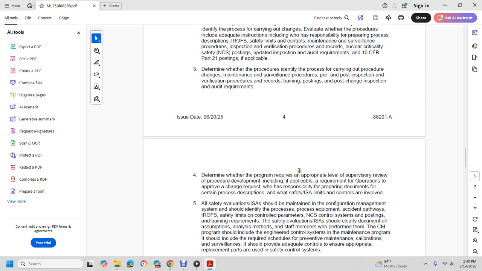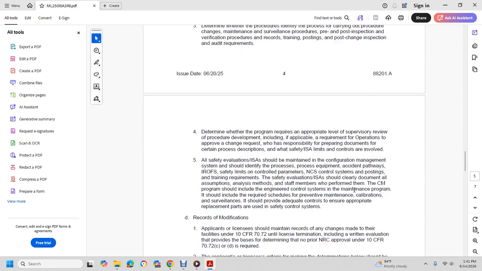Determine whether the program requires the appropriate level of supervisor review, with the procedure, the development, the requirements of operation, the review, the chain, the request and the response, preparing the documents for the process description, the integrated safety analysis, the limited control of involved safety evaluation, the integrated safety assessment, maintaining the configuration management system to ensure the process equipment and pathways, the items relied on for safety, and limited control of the